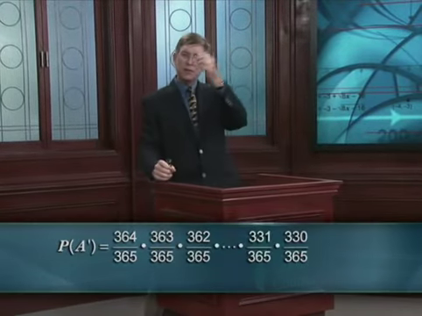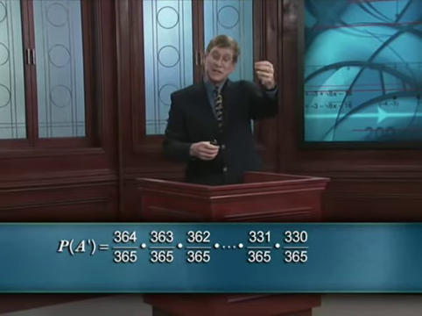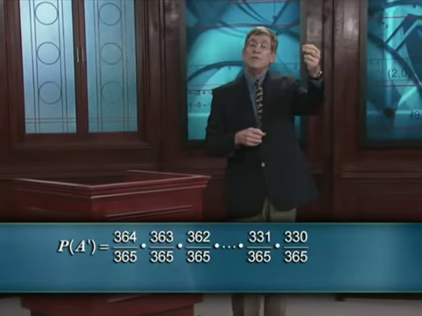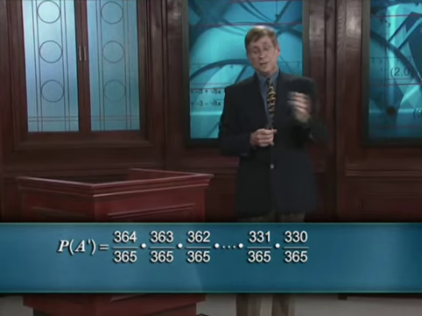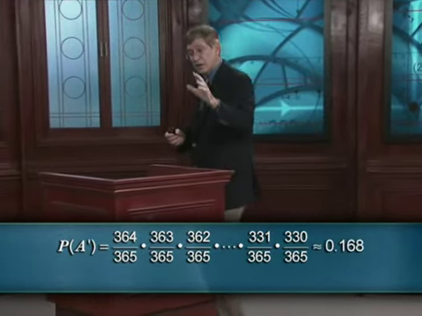So, you have this giant string. The probability of the complement is nothing more than the product of all these probabilities we just calculated. 364 over 365 times 363 over 365, all the way down to 330 over 365. That's the probability of the complement, that no two students have the same birthday. And that turns out to be, on a calculator, about